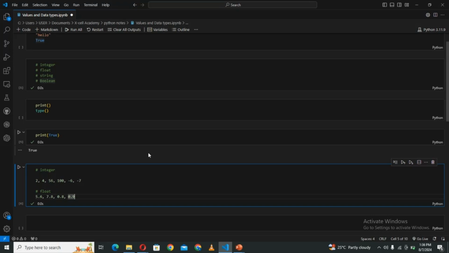Remember, integers are numbers with no decimal point. Take note of this: integers are numbers without a decimal point, while floating values are numbers with a decimal point. But for